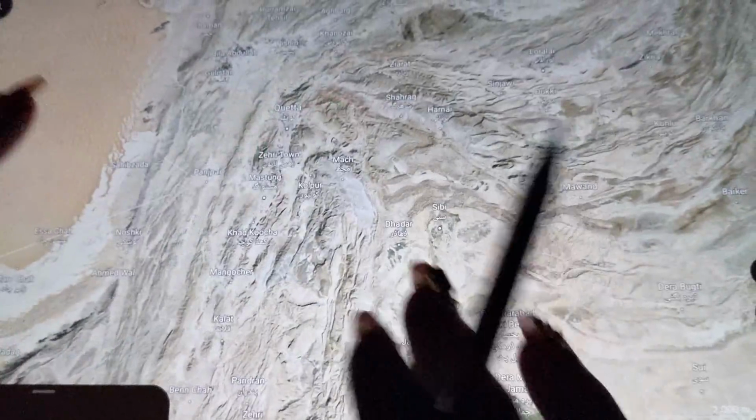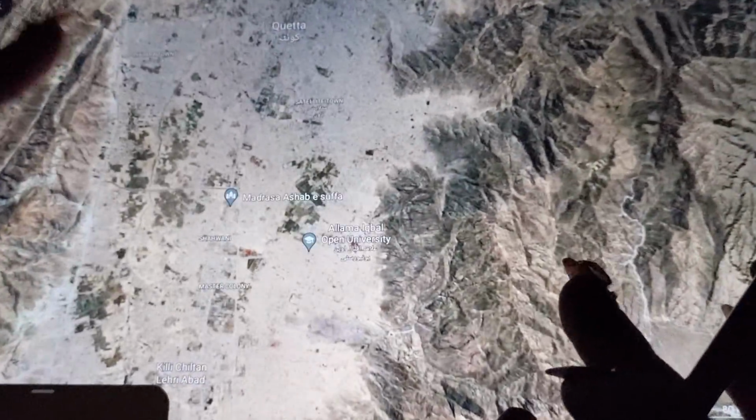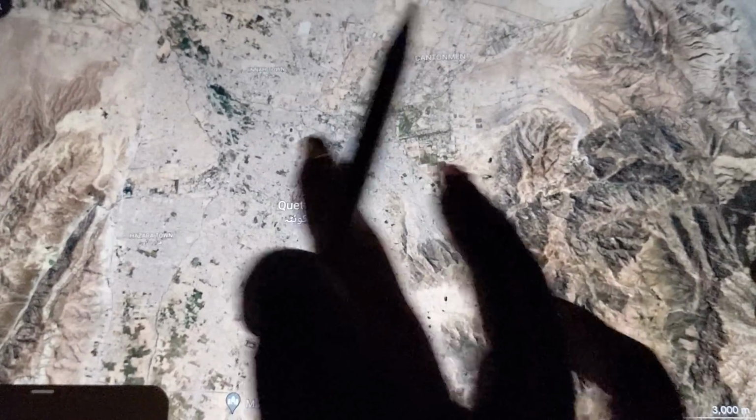But like I said, they did not want to join Pakistan at first, so they made it Quetta. I believe that's the story. Correct me if I'm wrong. Pretty sure that's what happened. But you can see it's a big old thriving city.